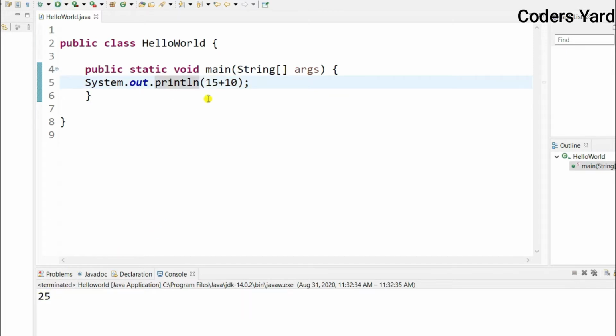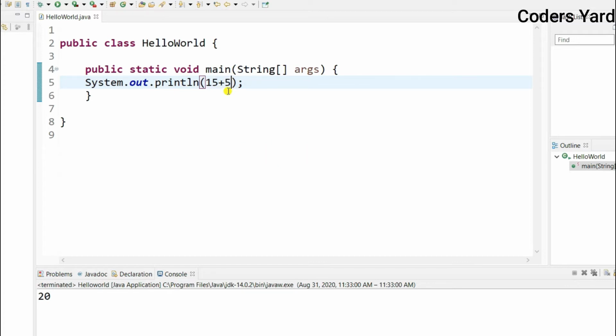If you want to change the data here, say for example I want to change this to 5, and I run the script, and yes, it works. So if you want to change the data, every time you need to go here and change the data, right? To avoid this, we must use a variable. Well, a variable is like a box or container that is used to store any data.